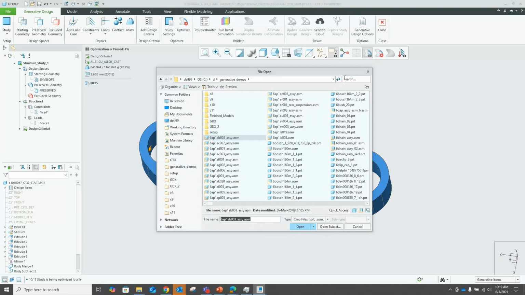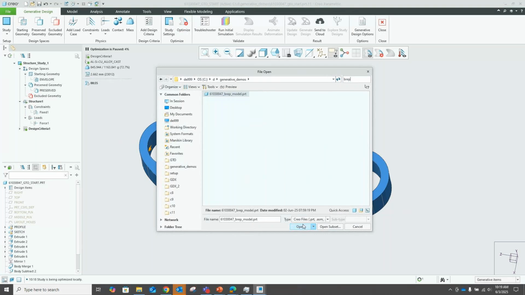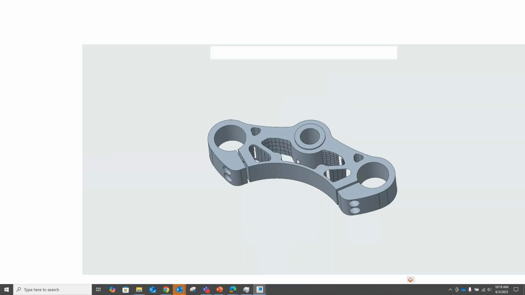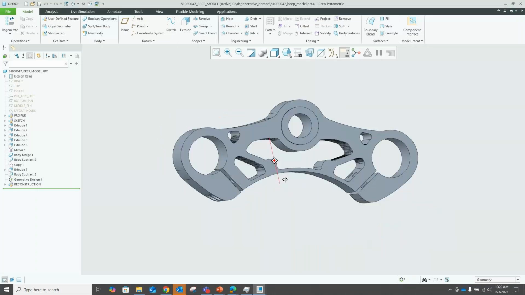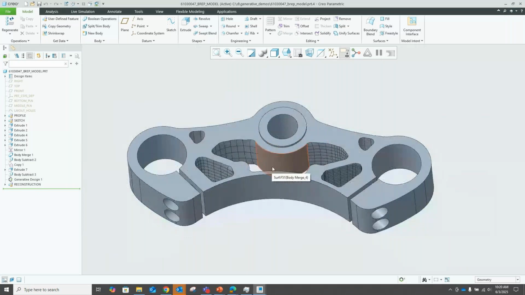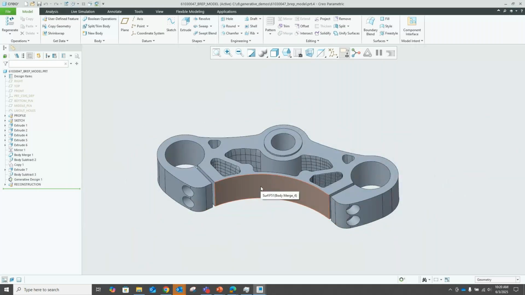Let's see if I could open up a model where this is already created with that same criteria, with the extruded manufacturing constraint. This is the design here, and I could use it as a starting point, right? I could obviously go and create my own extrudes and ribs and what have you, but the idea is you got this other alternate design that you can work with,